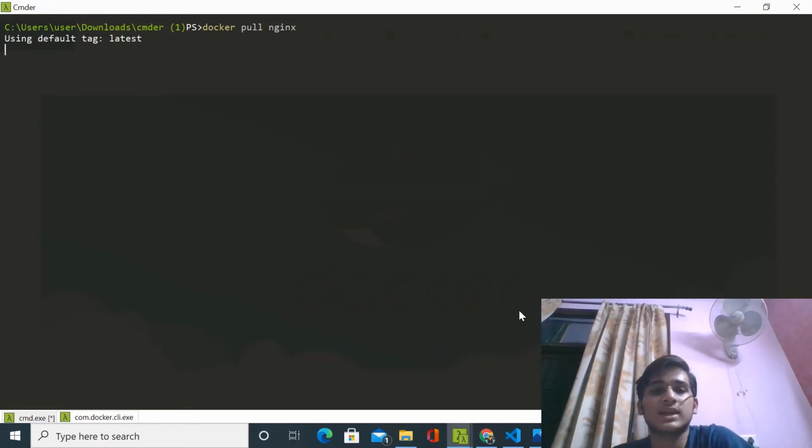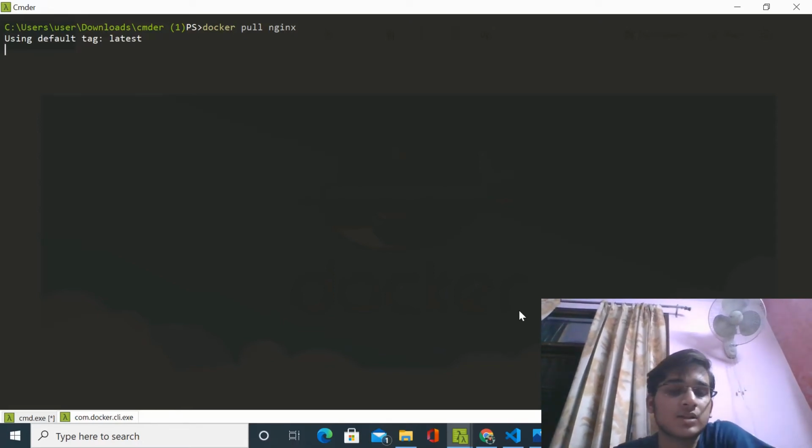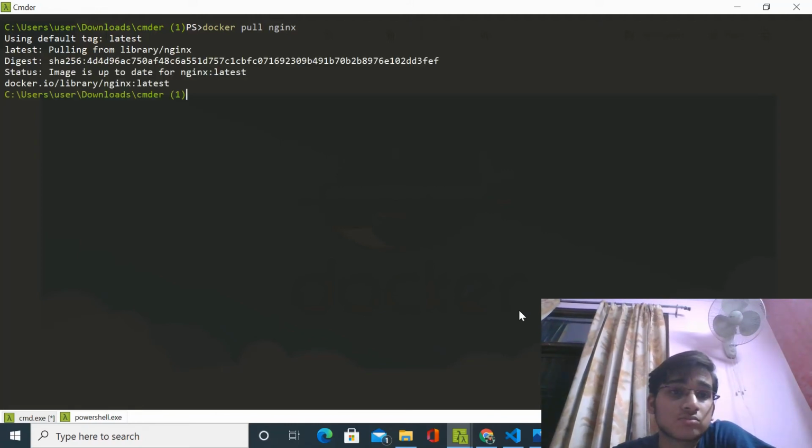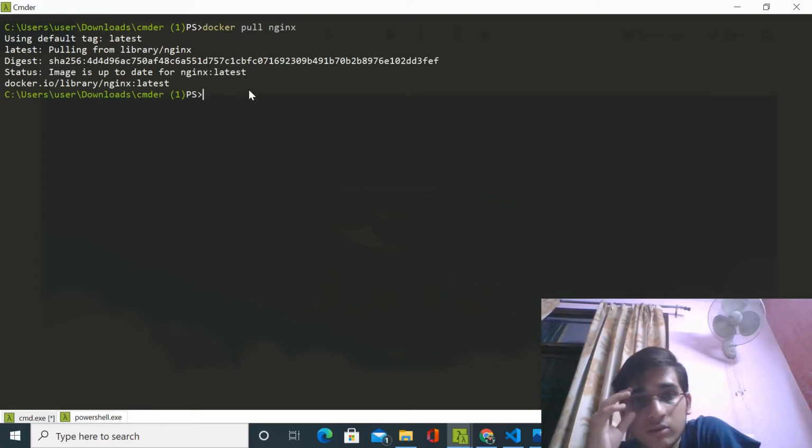This is a command to get your image from Docker Hub, so it is being downloaded. So now an image with the name nginx has been downloaded on my system. Now I can make my container which has nginx.